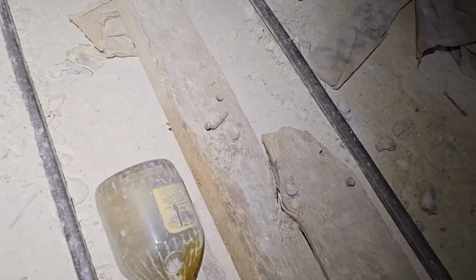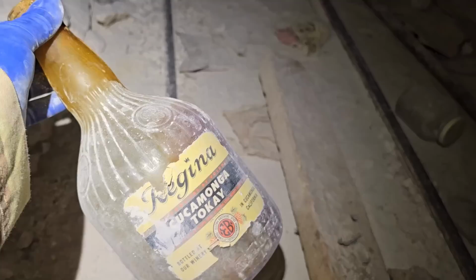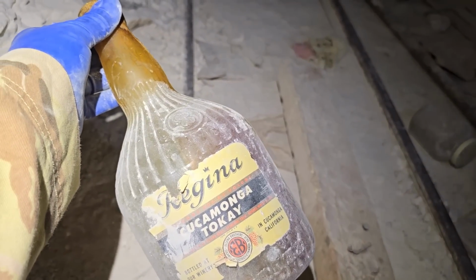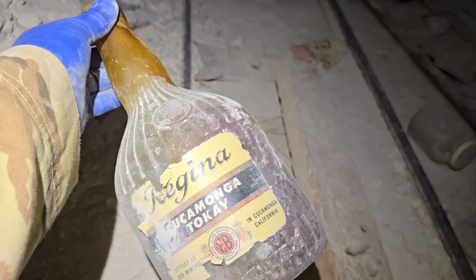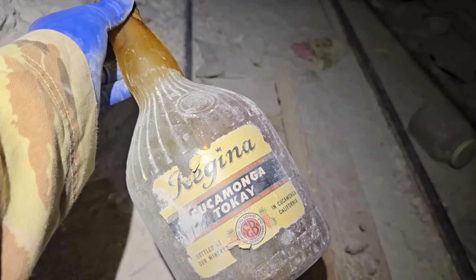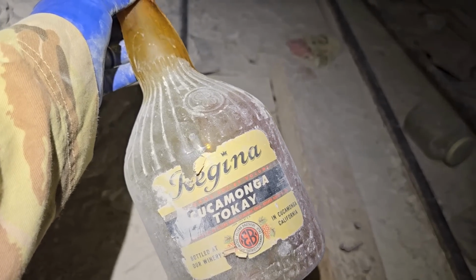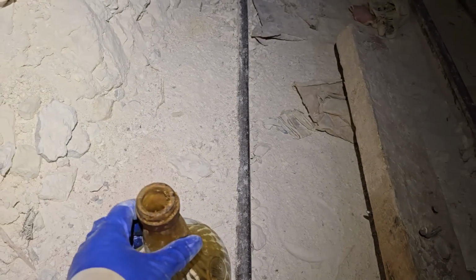Everybody loves the artifacts. Like, look at this. What is this? Cucamonga. What is Tokay? Bottled at our winery in Cucamonga, California. I guarantee you that is not there anymore. God, it's all like nasty and greasy and...